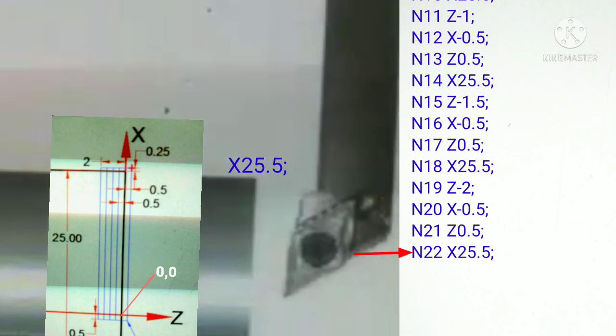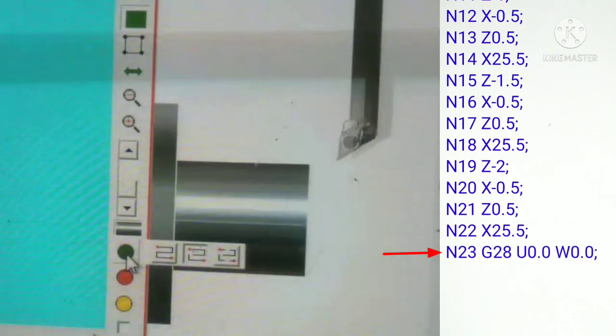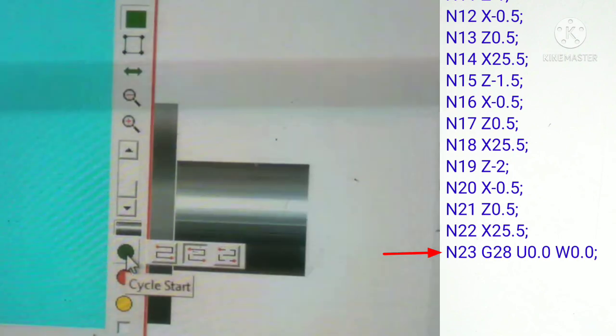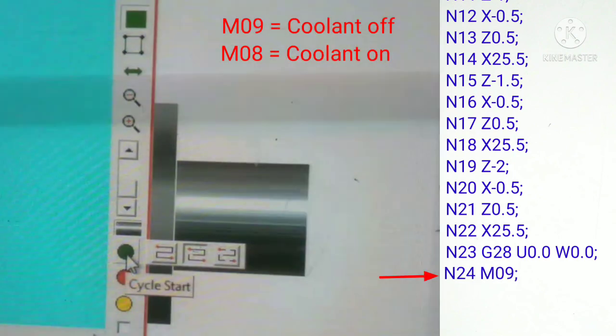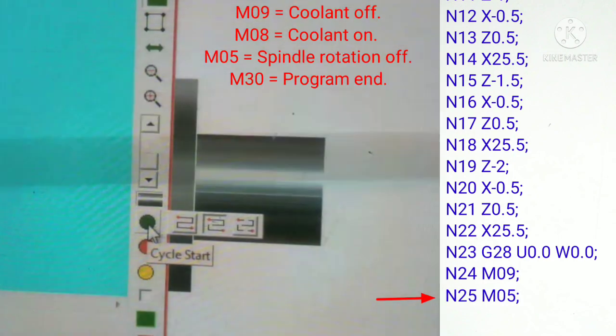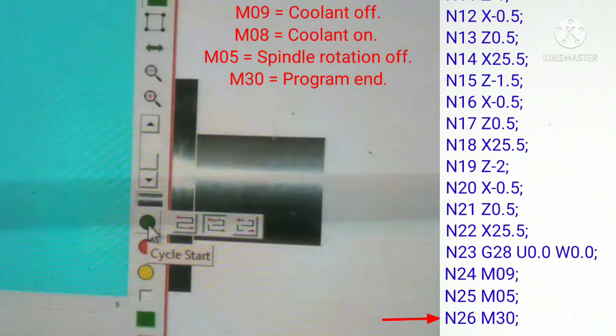Then we will move the tool to its initial cutting point by using the point X25.5, and after that we will return the tool to its home position. Then we use M09 to turn off the coolant, and we use M05 to stop the spindle rotation, and finally we use M30 for the program end.